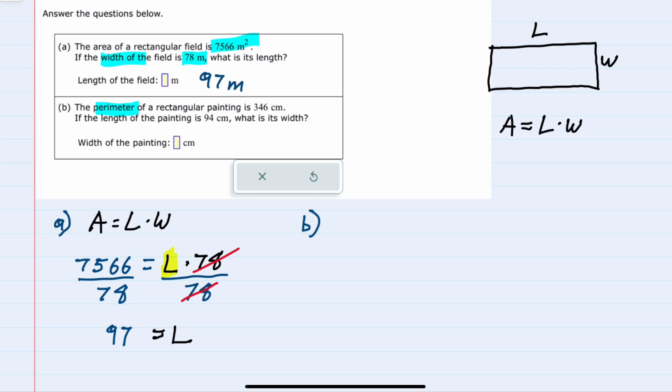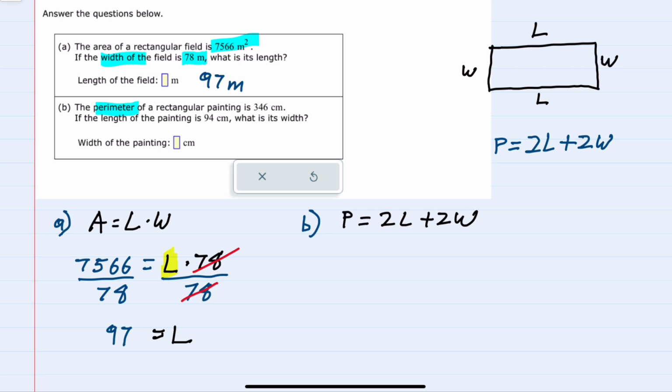So our formula for perimeter, we know that the width on both sides is the same. The length on the top and the bottom will be the same. And that the perimeter can be found by just adding all of these up. And we end up with two lengths, top and bottom, so 2L, plus two widths left and right here, 2W. Our perimeter formula is 2L plus 2W, but we're given the perimeter itself is 346, and we're also given the